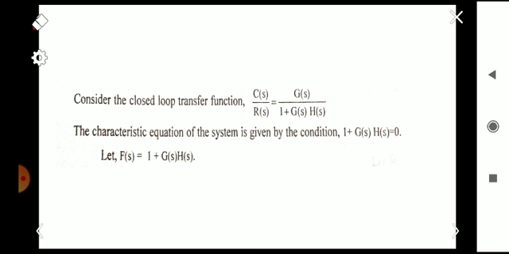Initially we were considering F(s) as (s - z1)(s - z2)... divided by (s - p1)(s - p2)..., as you have seen at the start of this video. So here we are considering the function F(s) as 1 + G(s)H(s), that is the characteristic equation of our closed loop transfer function. Based on this value of F(s), we can state the Nyquist stability